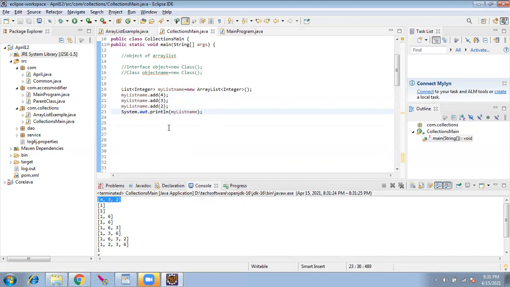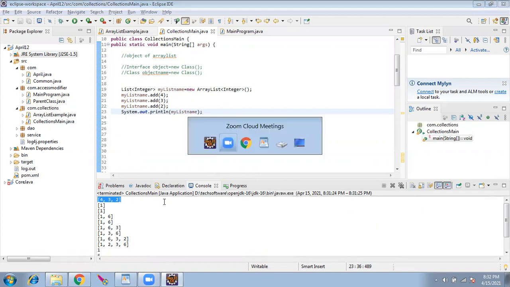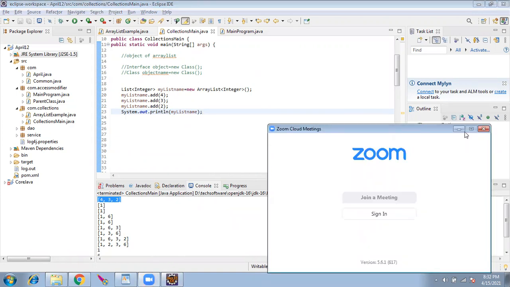This is the use of array list. We can add as many elements as we want. Okay, the real time use of this is, let's say, you are going to capture multiple employee information in a web page. You want to capture like 5 employees. What you will do in the screen, you will capture the 5 employees. You will add everyone's detail into the array list, and you will store it in the database. Clear?